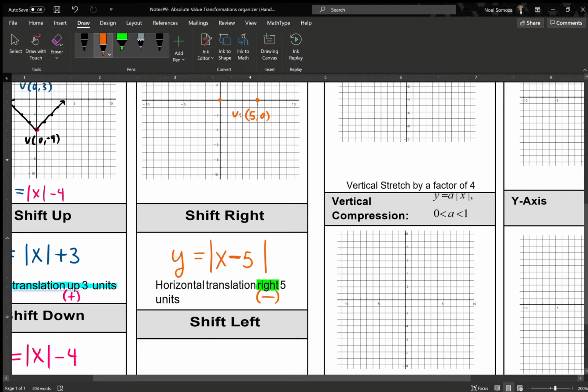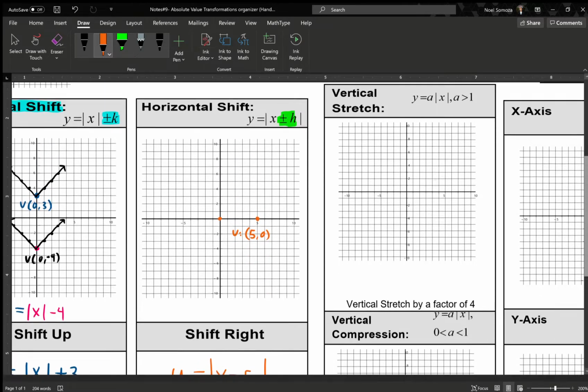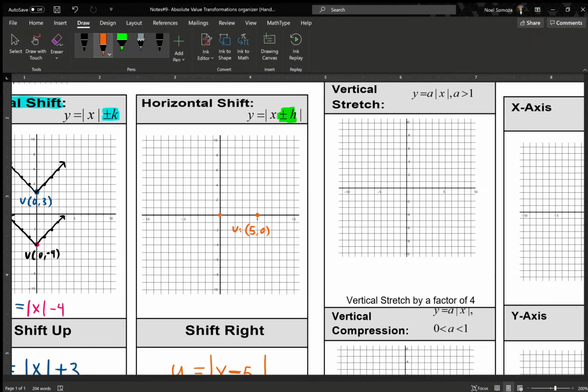It didn't get scaled up, it didn't get compressed, so it's not going to grow any faster or any slower. So if your parent function has a slope of 1, so does this one. Okay, so again, quick sketch: up 1 to the right 1, up 1 to the right 1, up 1 to the right 1. Okay, create a quick graph,